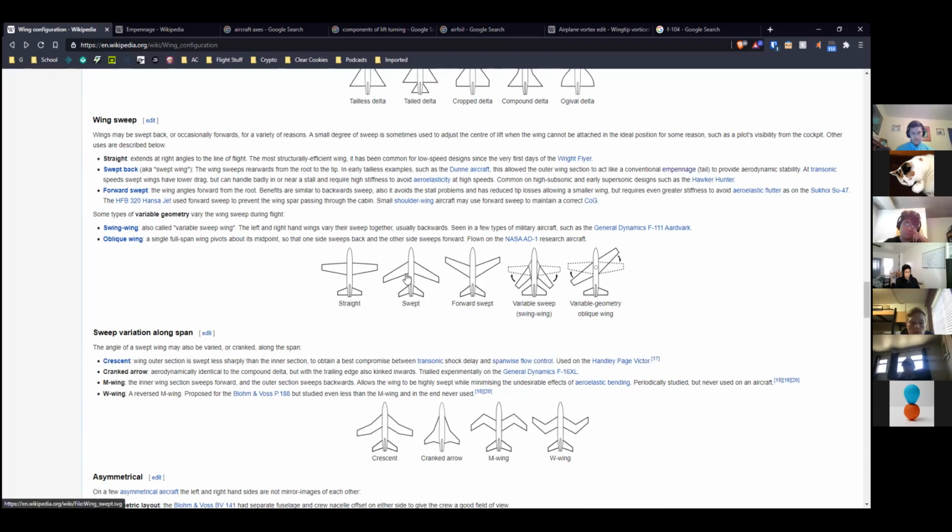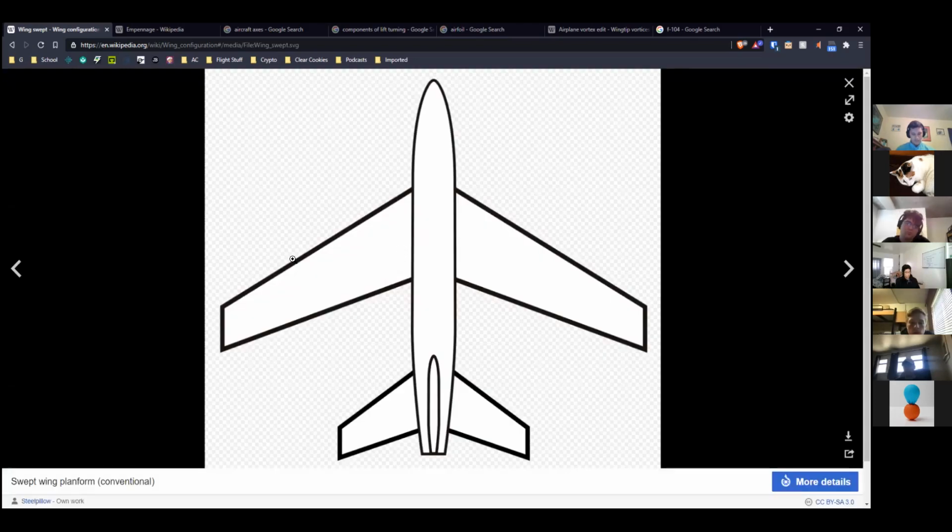Basically the chord of this wing is perpendicular to the wing, no matter which way the wing is facing relative to the airflow. So if the chord is this way, then what that really means is that the wing sees the air as only the component that's flowing